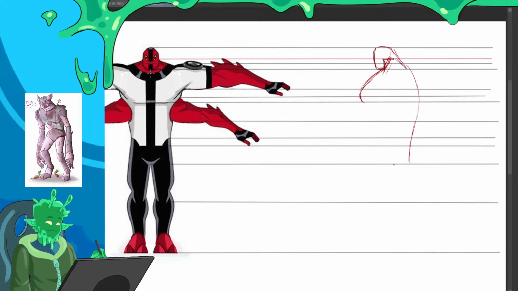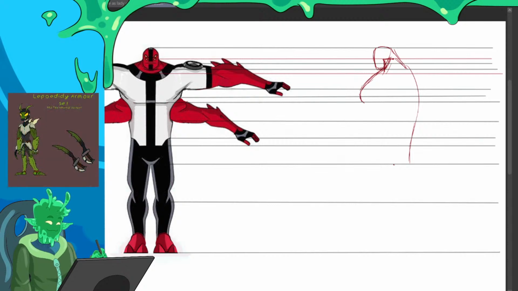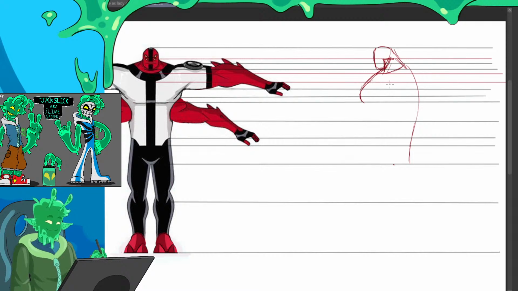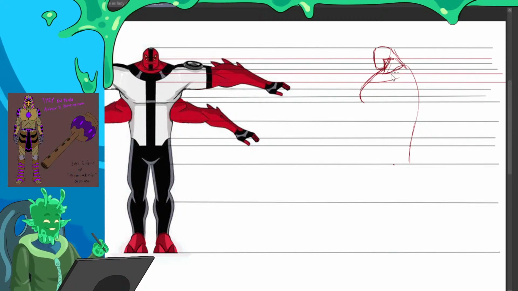I'm going to need a line at the collar. So that's the top of the collar, and I'm also going to need one at the bottom of the collar. So that's how thick the collar is. And it goes up over the shoulder, which means it's actually going to arc like this.